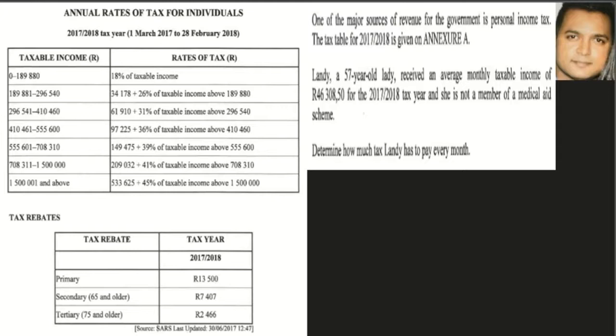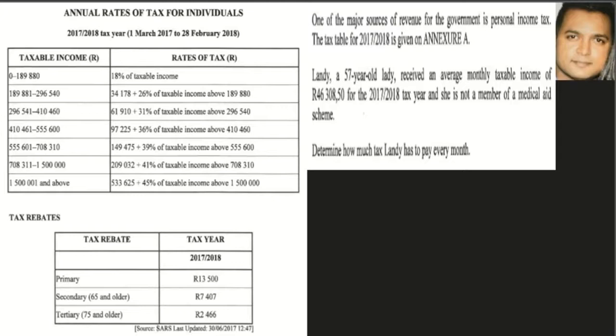So make sure your annexure is all the source material that you're going to be using to help you answer certain questions. It says here, Landy, a 57-year-old lady, received an average monthly taxable income of